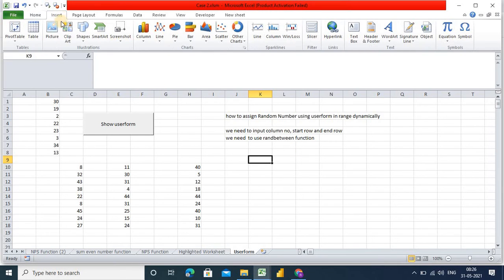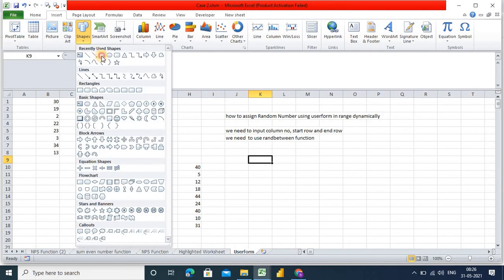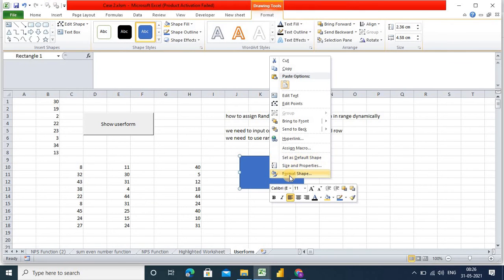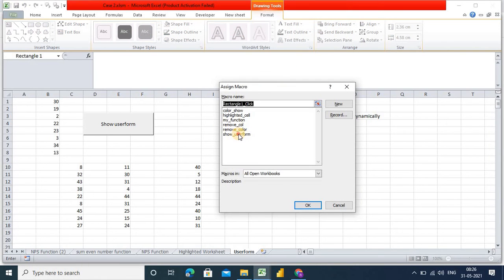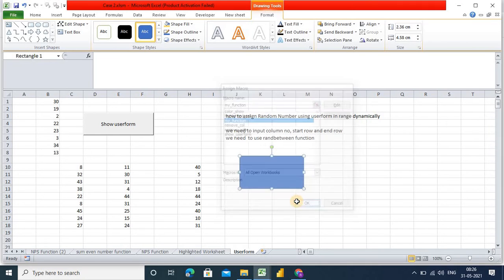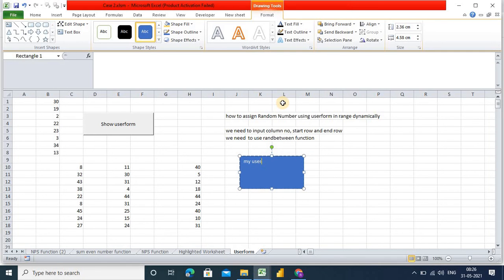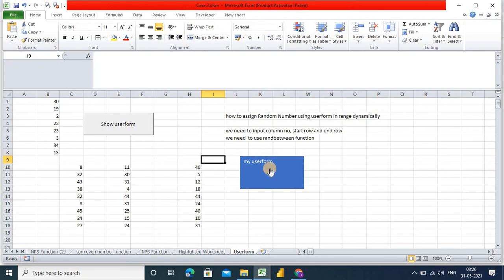Now simply create a shape here. Once you create the shape here, just assign the macro, show user form, this one, or my function, this one. Okay, and you can give the name here, edit text, my user form.